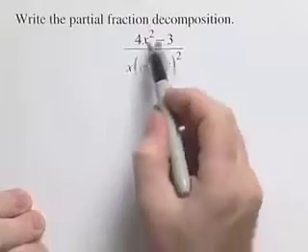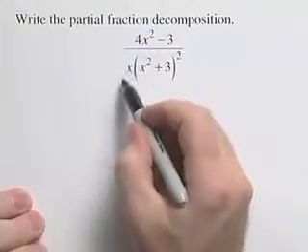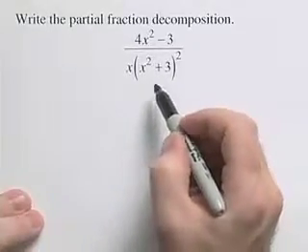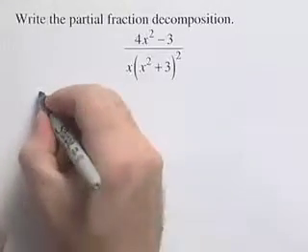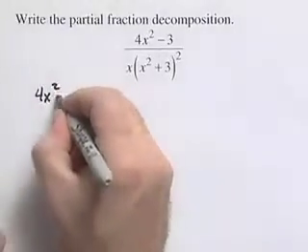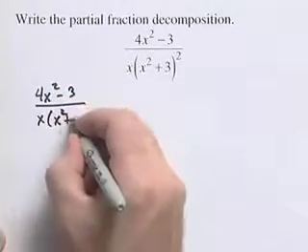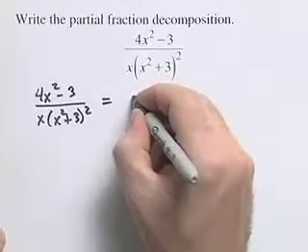For this problem, we're going to do another partial fraction decomposition. We look at our expression here, we see that the denominator has a linear factor and it has a repeated irreducible quadratic factor. It means that our partial fraction decomposition is going to take on this form. I'm going to write 4x squared minus 3 over x times (x squared plus 3) quantity squared. And if we decompose that, we're going to get